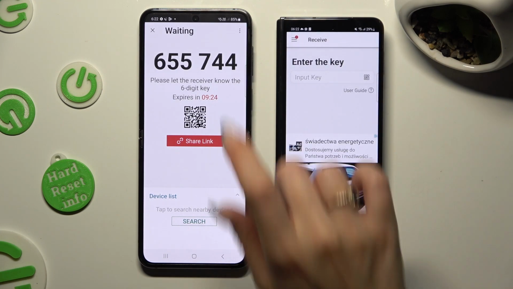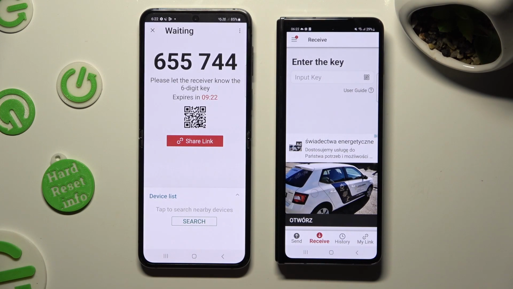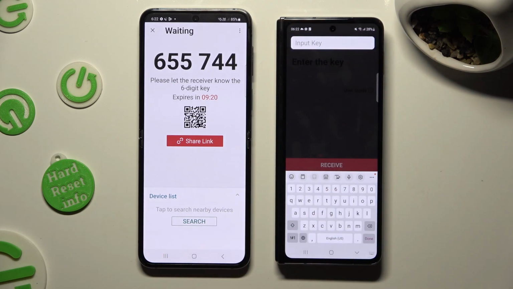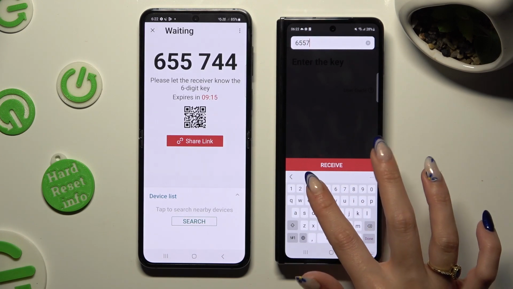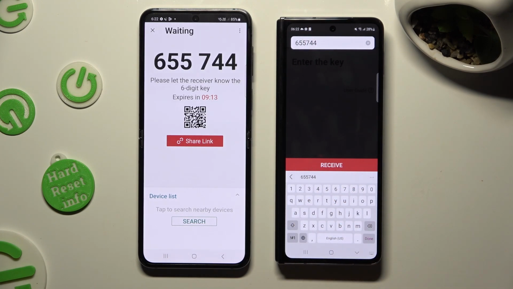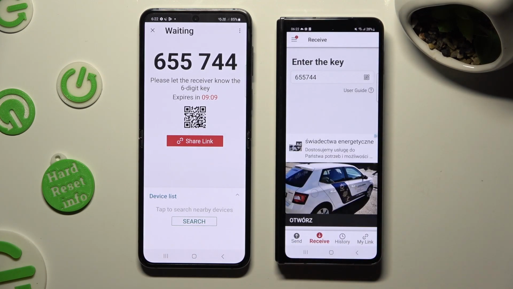If you prefer to input this key, click on Input key section instead, type in all of those numbers in correct order, and hit Receive. So when I do that, as you can see,